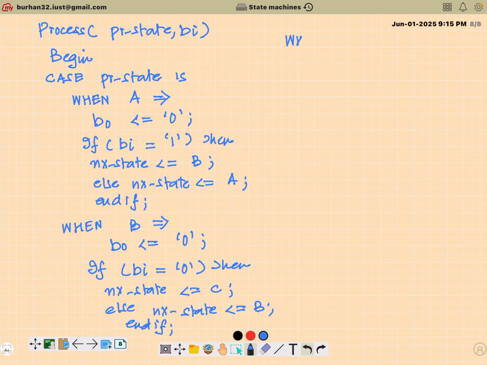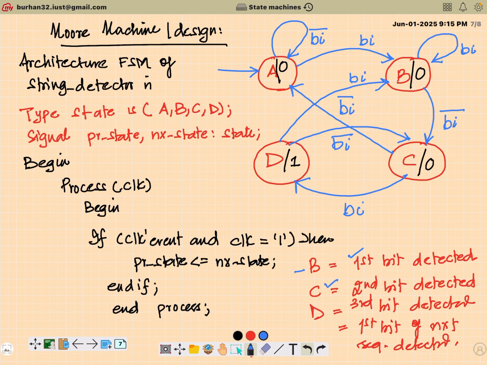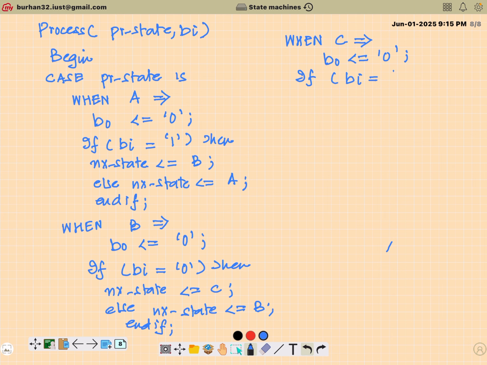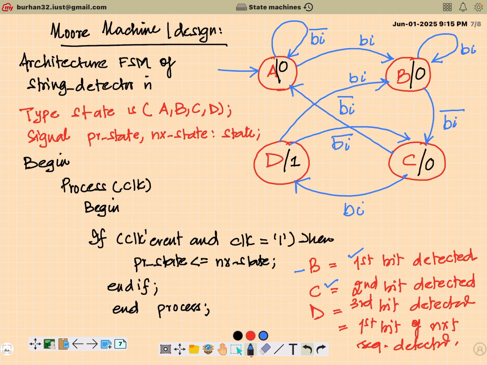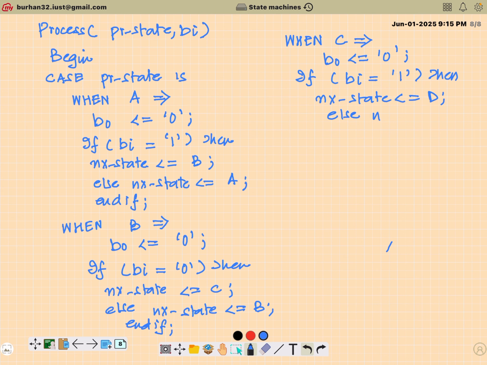Similarly, I will have the third value for the identifier when c. Again, when I am in the state c, b naught will be 0. And then again, I will check for the condition: if bi is equal to 1, then I will move to state d. Else, if it is not the case, then I will move to the initial state. Else, my next state